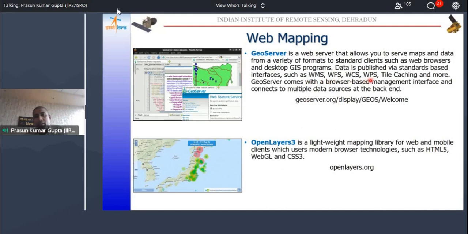Standards like WMS, WFS, and so on. And it is very popular, very powerful. Then GeoServer is just publishing the data, but to make it beautiful, to make it more aesthetically better, to make it useful, then you use these different mapping libraries like OL3 or OpenLayers 3 and Leaflet.